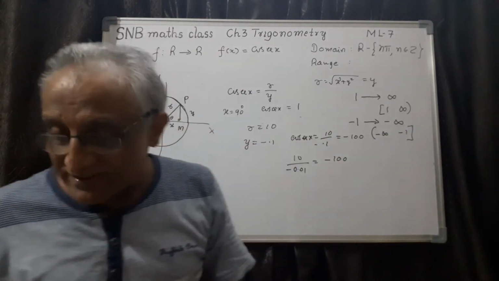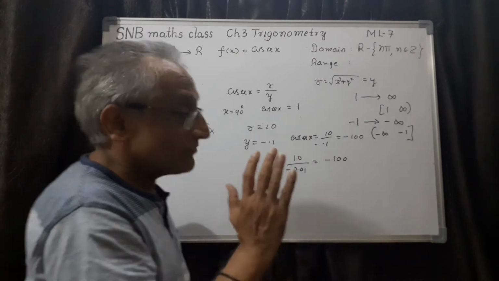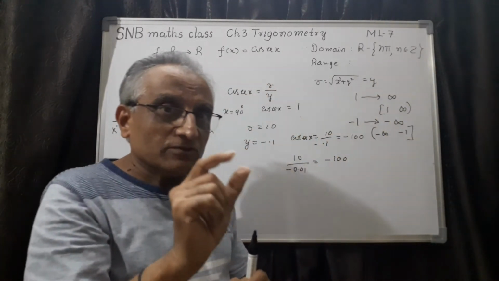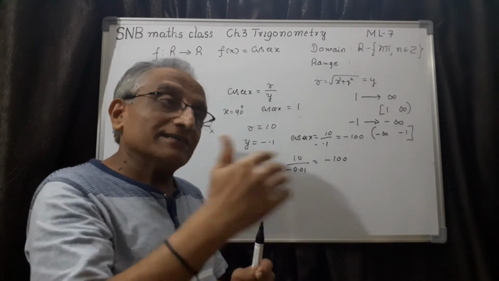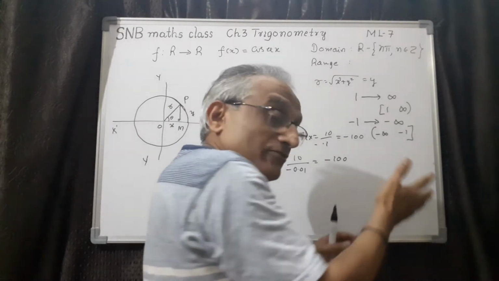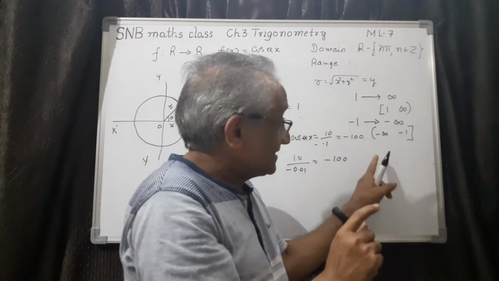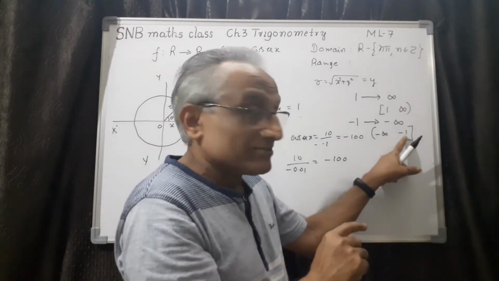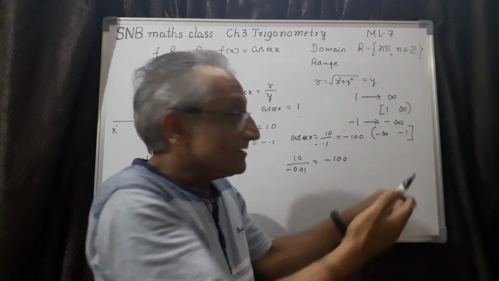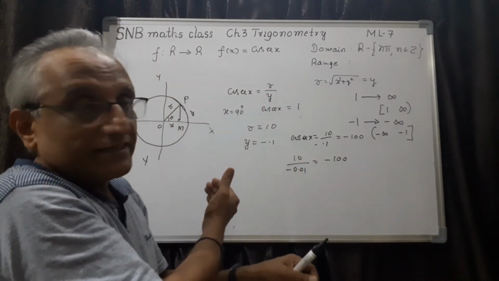So now it is very clear. What is the range of cosecant x? It is one branch, 1 to infinity. It can take least positive value 1, but other values it can take any value. In case of negative value, it can take the maximum, because here it is negative. Maximum value is minus 1, because minus 2 is less than minus 1. So maximum is minus 1, and negative value it can take anything up to minus infinity.